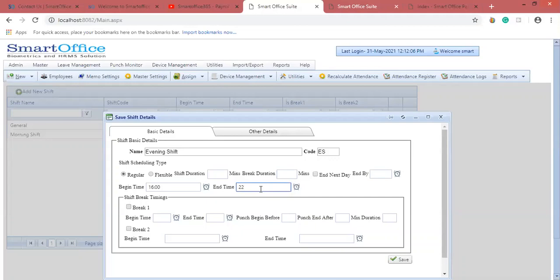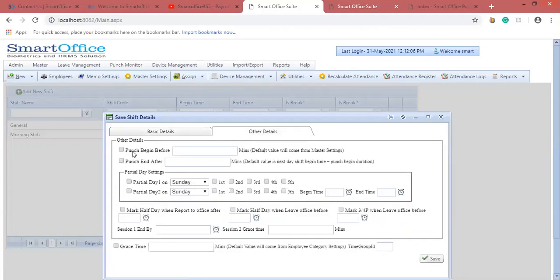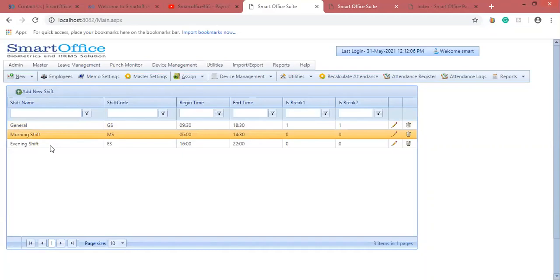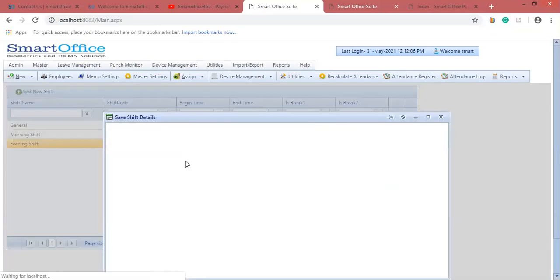By default, I'm going to give 60 minutes. And grace timing, if you want to give, or else you can just ignore it. So this is how I created a general shift, morning shift and evening shift.